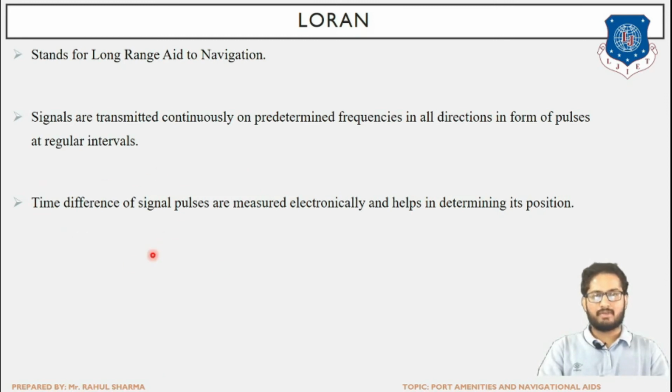So a specific wavelength of the wave is transmitted, which is incident, then it is reflected back. So we get a time lapse, that is the time difference between the incident and the reflected wave, and from that time difference we electronically get an idea regarding what is the distance between the specific ship and the harbour. So here LORAN only gives idea regarding what is the distance from the harbour.